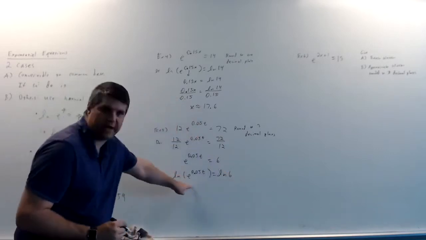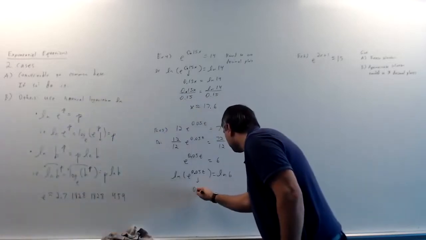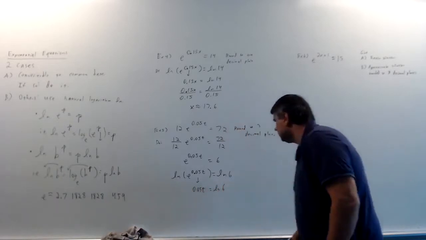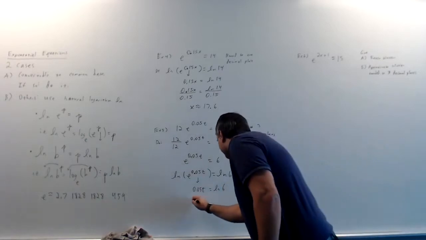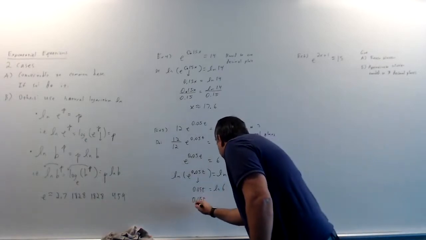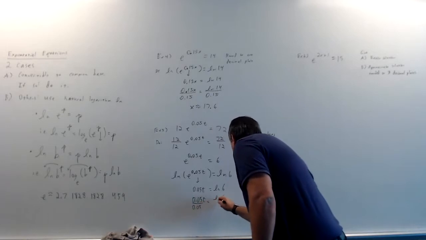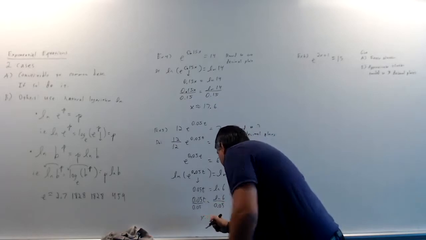Log base e of e to a power just leaves you the power. Divide off the 0.05. And t is approximately